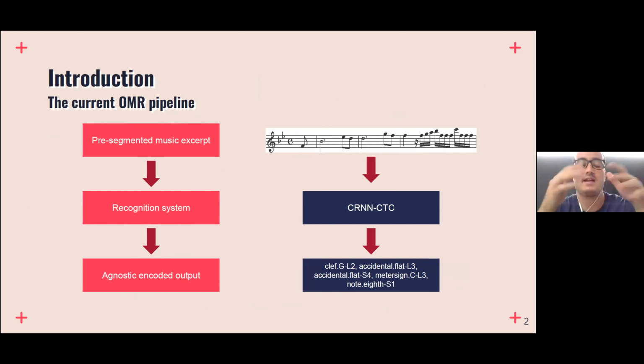This work begins with the analysis of the current OMR pipeline, which, as we can observe, starts from a pre-segmented music excerpt with object detection models. Then we get the staff of the recognized objects through a recognition system that outputs an agnostic encoded output, a text sequence that represents the symbols that are recognized in the music score, which is called agnostic because it represents both physical features of the elements that are in a music staff, which are the shape of the symbol and also the position in the